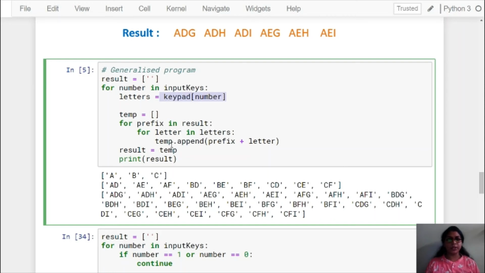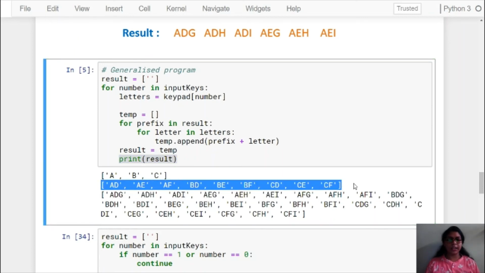First time the temporary list is empty. Now we have AD. In this way we will get AD, AE, AF, BD, BE, BF and CD, CE, CF in our temp list. Then we assign that temp list back to the result. Now we are printing our result. This is the output of the print statement having AD, AE, AF, BD, BE, BF and CD, CE,